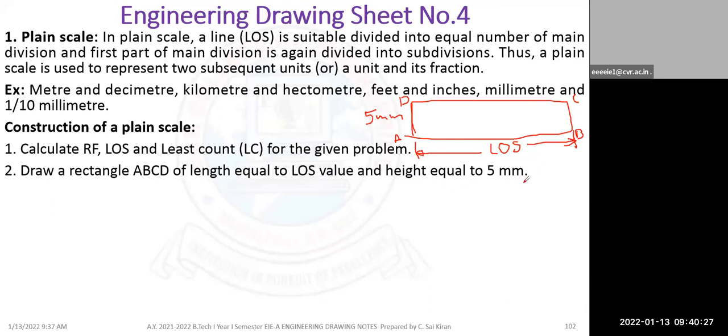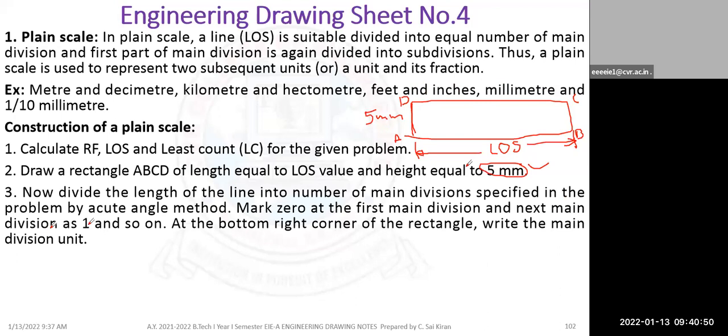In a few textbooks they recommend taking 10 mm. It's your wish whether to take 5 or 10 mm, but generally I prefer to take 5 mm, because if you take 10 mm, unnecessarily the sheet will be wasted at the top. Instead of that, you can accommodate 2 to 3 problems in one sheet. So that's the reason I prefer to take 5 mm. You can take 10 mm, it's your wish.